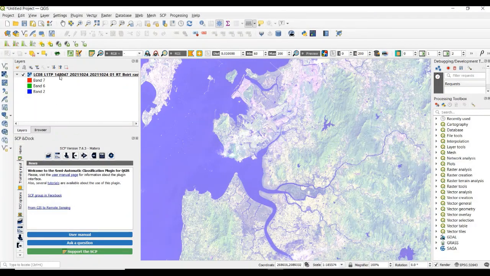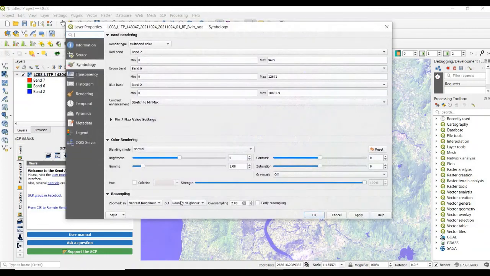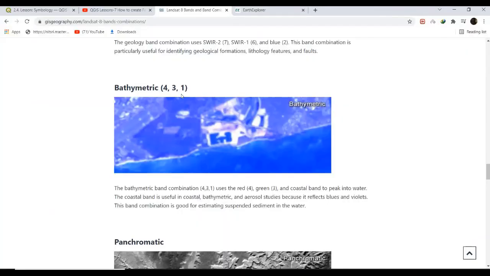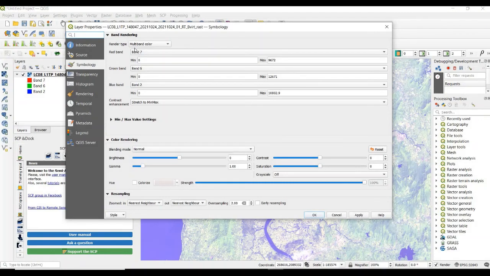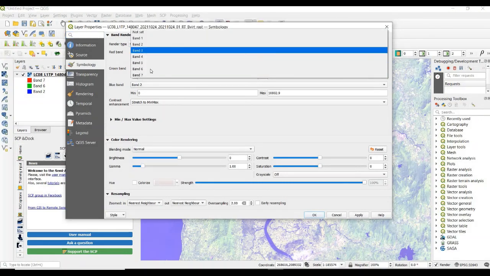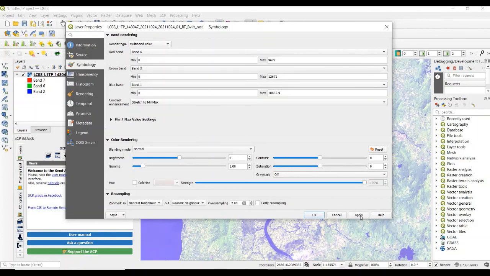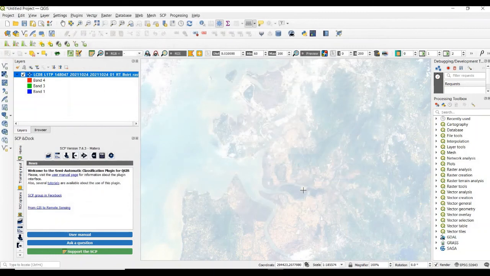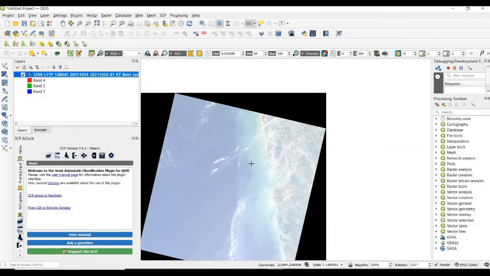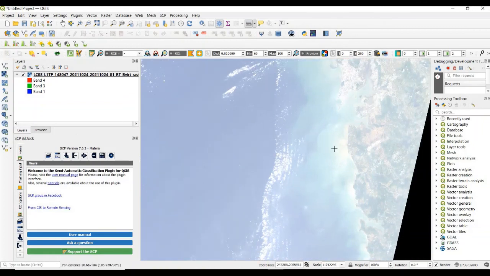Let's see band 4, 3 and 1. Apply and OK. We see the changes in the image.